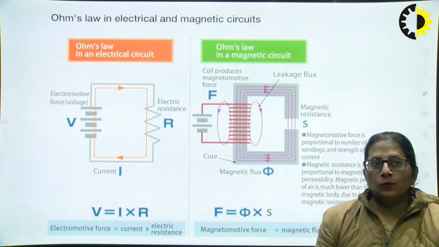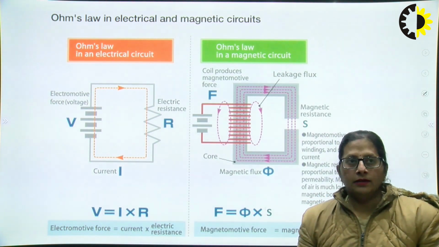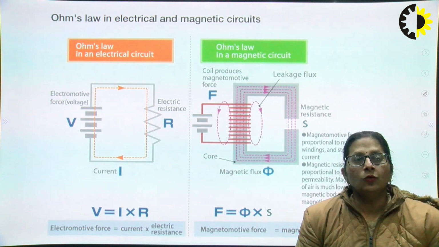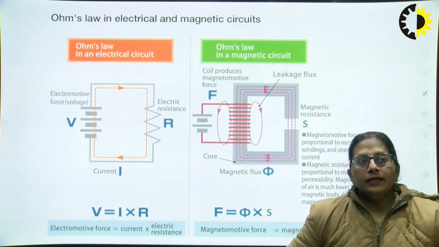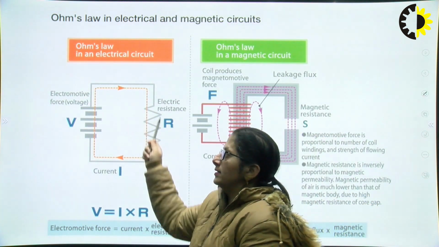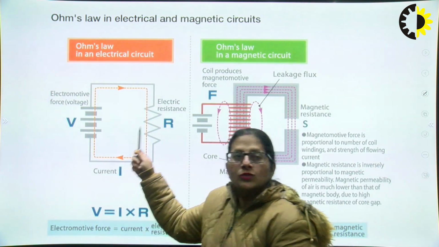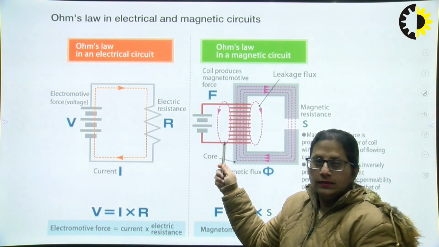So let's see what Ohm's law refers to in an electrical circuit and in a magnetic circuit. In an electrical circuit, an electromotive force is there, a resistance is there, and a current is there: V, I, R. Similarly, when it comes to a magnetic circuit,